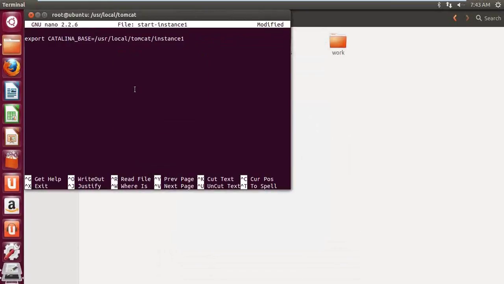Okay, this is the CATALINA_BASE, and then cd. Next we have to run CATALINA_HOME/bin/startup.sh,